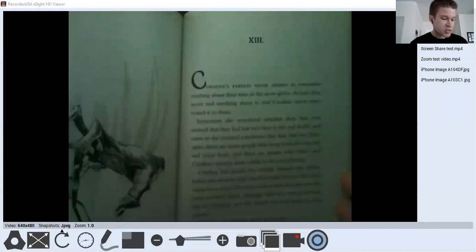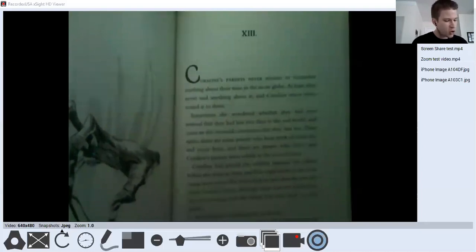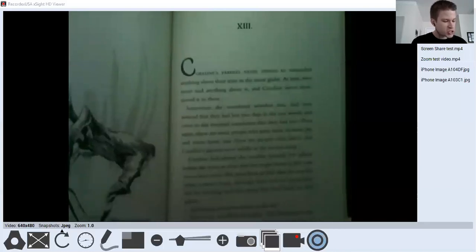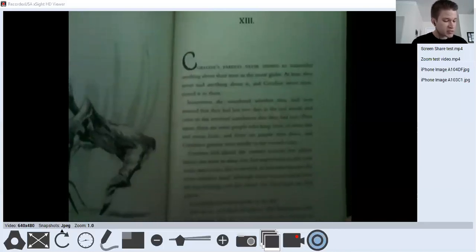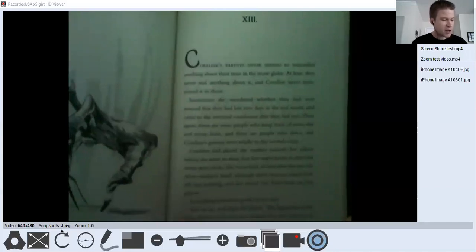Then again, there are some people who keep track of every day and every hour, and there are people who don't, and Coraline's parents were solidly in the second camp. Coraline had placed the marbles beneath her pillow before she went to sleep that first night home in her own room once more. She went back to her bed after she saw the other mother's hand, although there was not much time left for sleeping, and she rested her head back on that pillow.